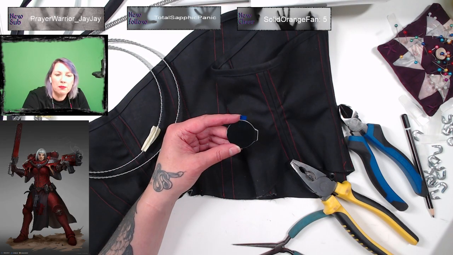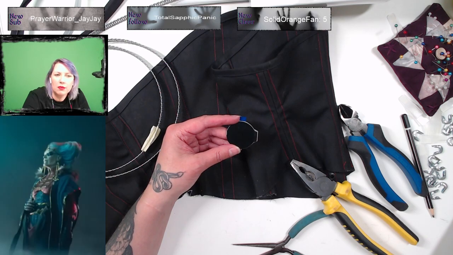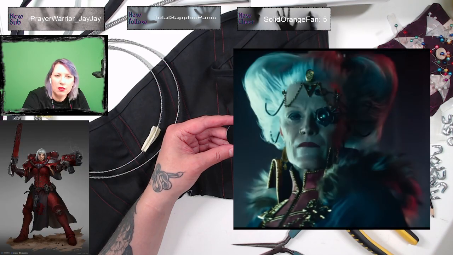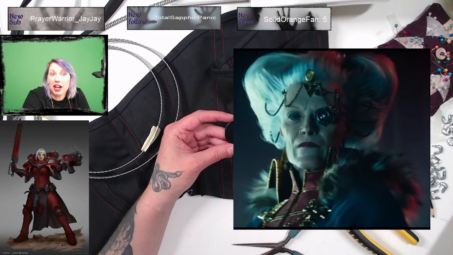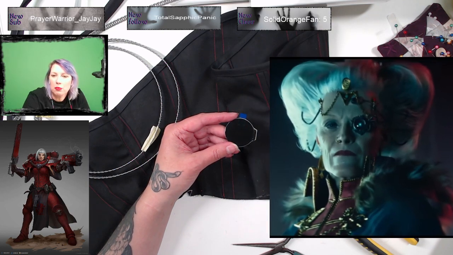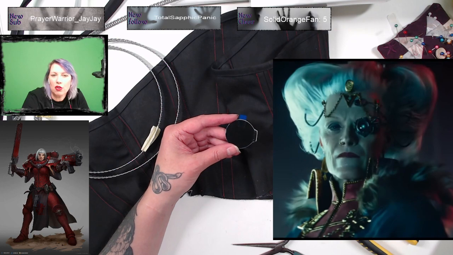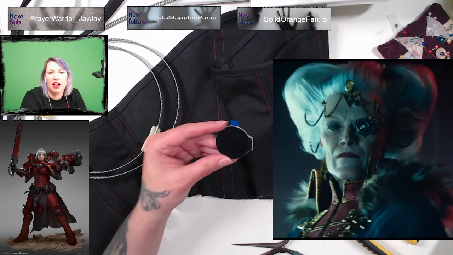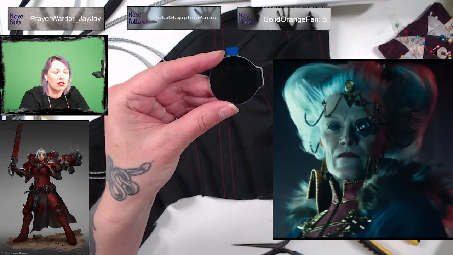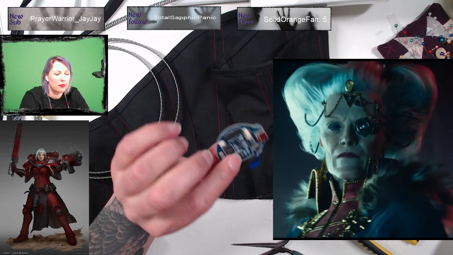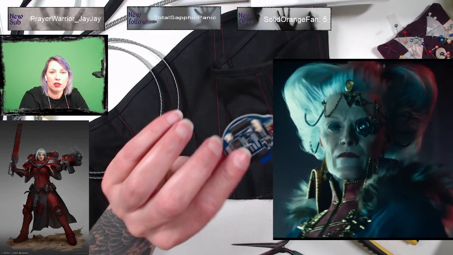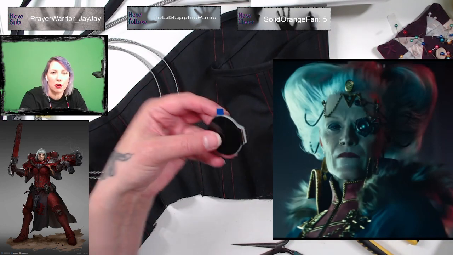This is one of the other characters I'm going to be doing. This is a lot more sewing and a lot less armor making. So you can see she's got the eye tag. This is a little smartwatch, and it has a microprocessor on it, an accelerometer and a gyroscope.